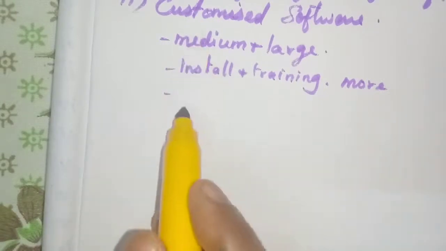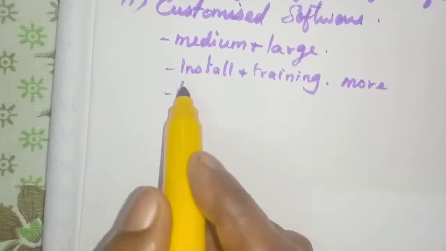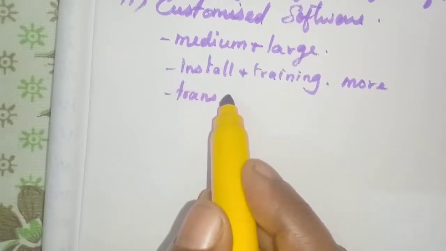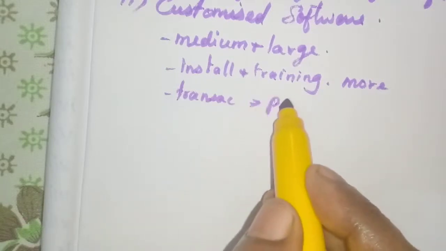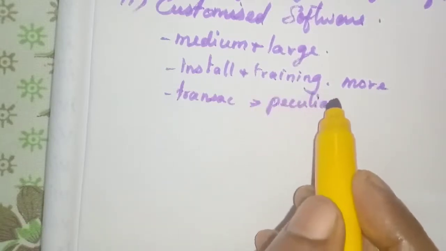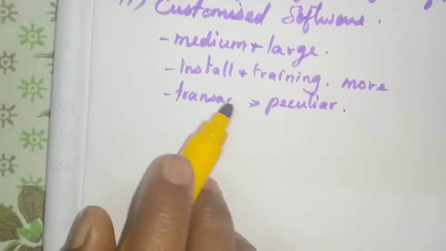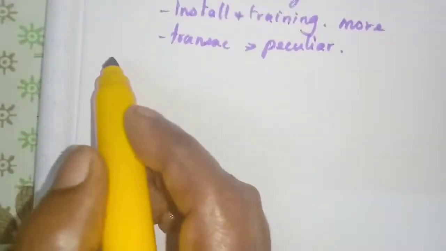And which organization will use it? The large organization. And the transactions, there we learned that they are routine, isn't it? But here, if the transactions are a little peculiar in nature, not routine, then those business organizations can use this customized software. Okay, then the third software is